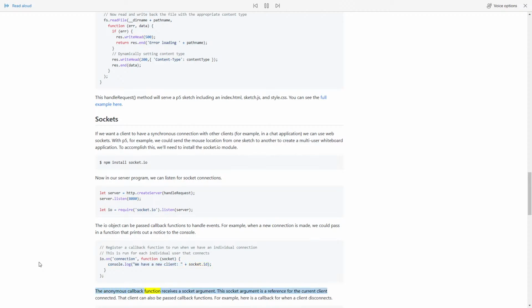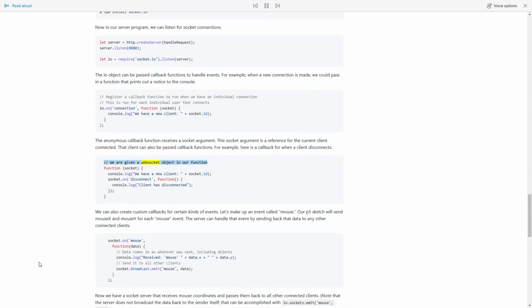The anonymous callback function receives a socket argument. This socket argument is a reference for the current client connected. That client can also be passed callback functions. For example, here is a callback for when a client disconnects. // we are given a WebSocket object in our function: socket. console.log("We have a new client: " + socket.id); socket.on('disconnect', function() { console.log("Client has disconnected"); });